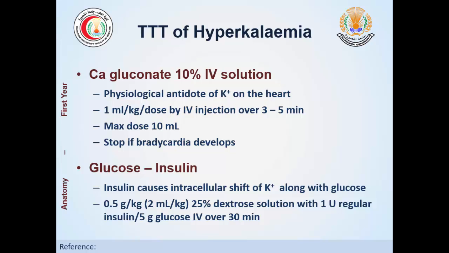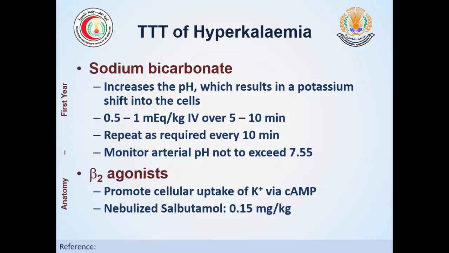Glucose insulin. Insulin causes intracellular shift of potassium along with glucose. يعني بيعمل ايه؟ بيخلي يحصل shift of potassium from the extracellular to intracellular فيقلل البوتاسيوم level. صوديوم بايكارب نفس القصة، برضو بيعمل shift للبوتاسيوم from extracellular to intracellular، so بيقلل البوتاسيوم. عشان كده بيبقى عندي metabolic acidosis وادي صوديوم بايكارب عشان اصلح، بيبدأ يتصلح الهايبركاليميا according. Repeat as required every 10 minutes and monitor arterial pH not to exceed